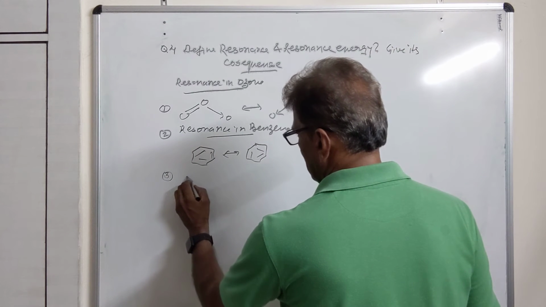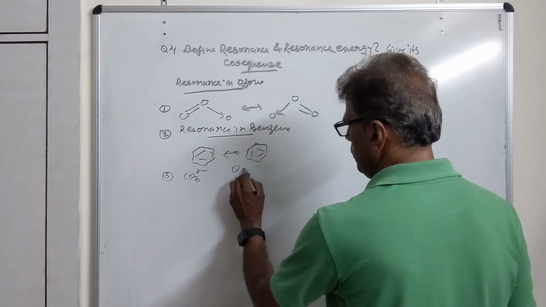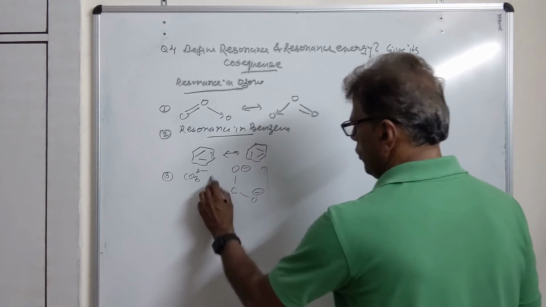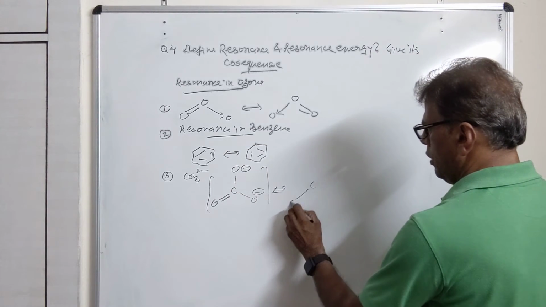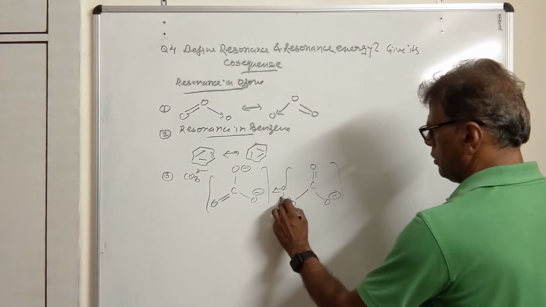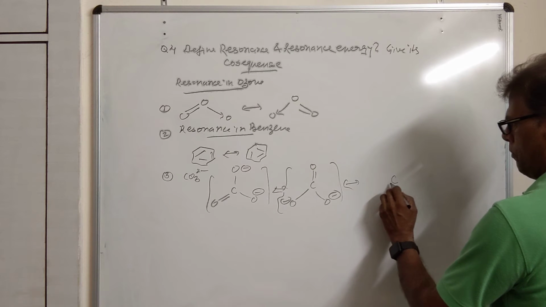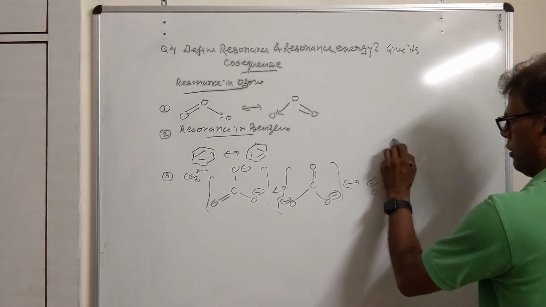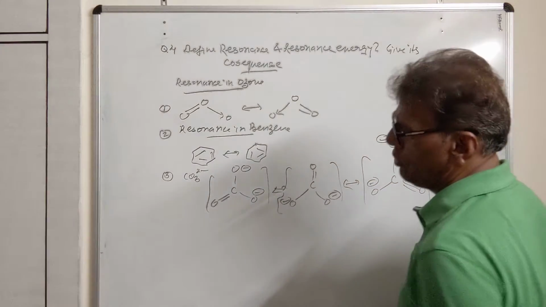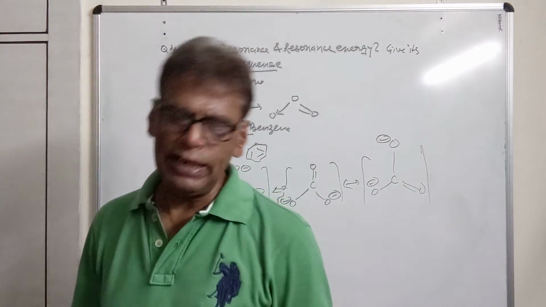Then we have resonance in the carbonate ion. Two oxygens are negative, one oxygen is positively charged. Then these two are negatively charged, this is positively charged. Similarly, we have here the oxygen: this is a negative charge, this is a negative charge, this is a double bond. So these are called resonating structures, and the energy lost as a result of resonance is called